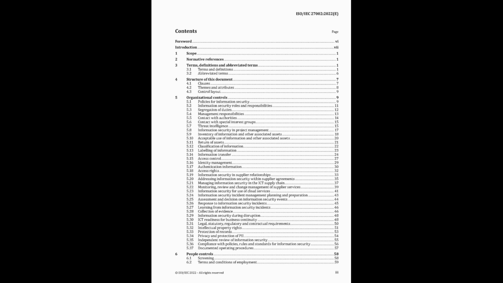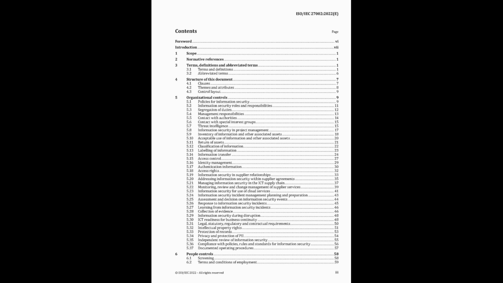Nearly there. 5.35, independent review of information security, getting an objective look. Important for assurance. Need independent reviews of your approach. Purpose: assess effectiveness, identify improvements. Review should cover policies, procedures, controls. Can be internal audit or external experts. Both have options. Should happen at planned intervals and after significant changes. ISO 27007 and 27008 offer guidance.